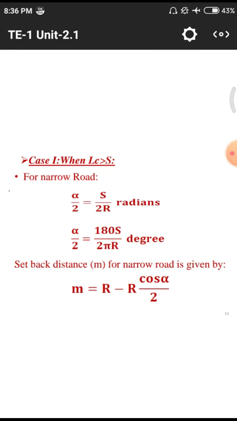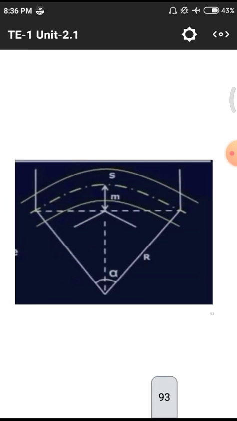2. That means r is constant, so m equals r into 1 minus cos alpha by 2, where alpha by 2 is the angle from the center point to the end point. This is the case we take when the curve length is greater than the side distance. This is the example. This is the alpha, and m is the